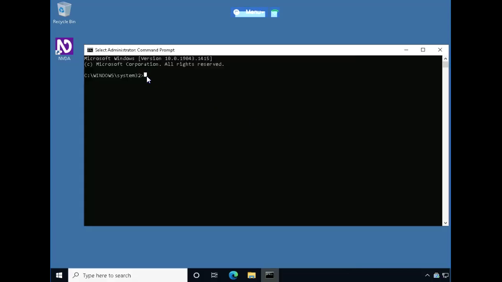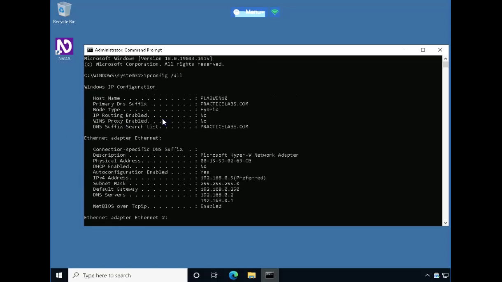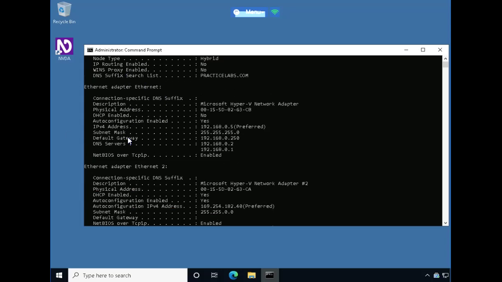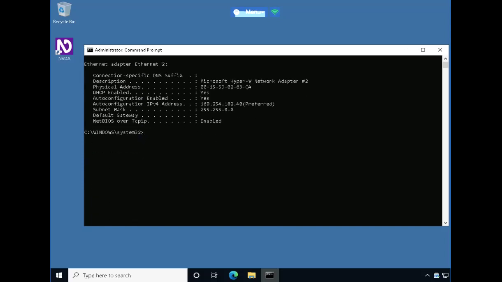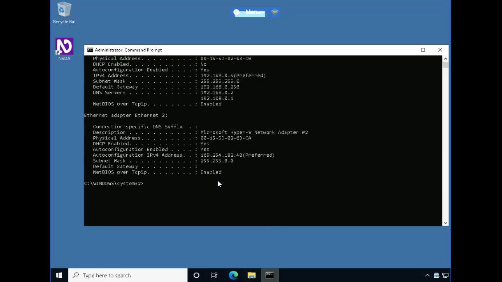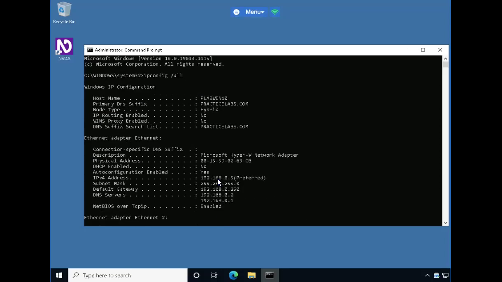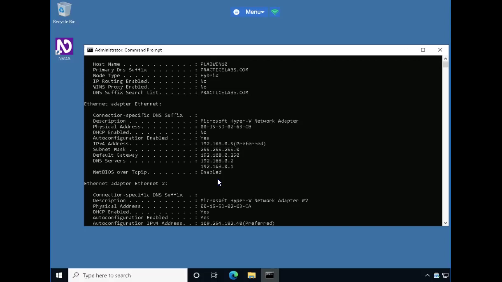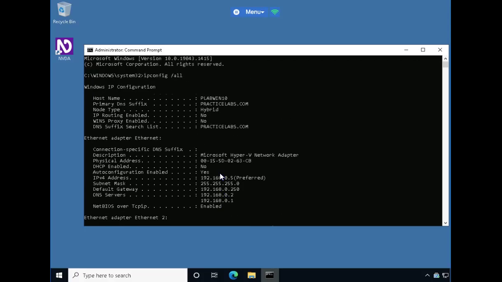All right, perfect. So I'm just going to type in ipconfig. Let me take a look at all of it. All right, so we can see everything from the Windows IP, the Ethernet adapter, and we see both Ethernet adapters. Now, by executing this command, the network configuration of this particular device is displayed. Now, the device's IP address is displayed as,